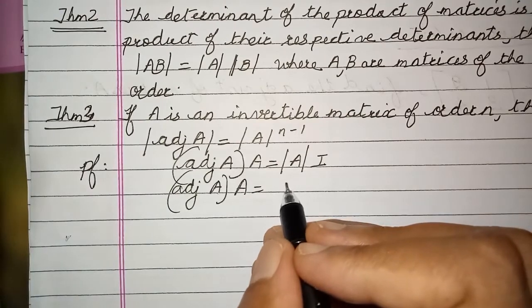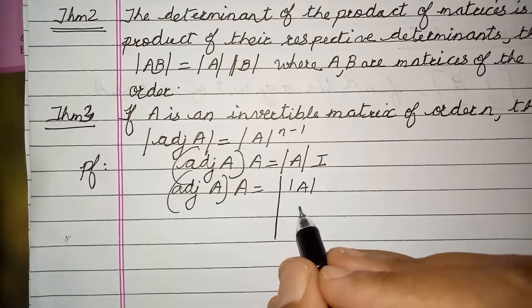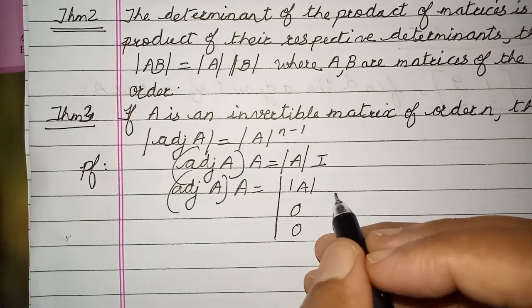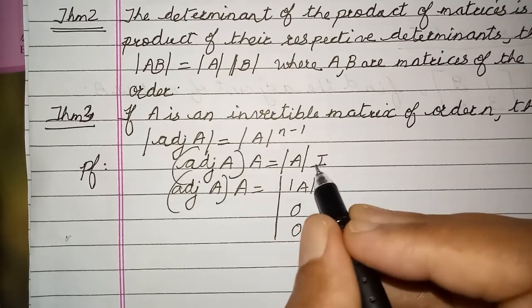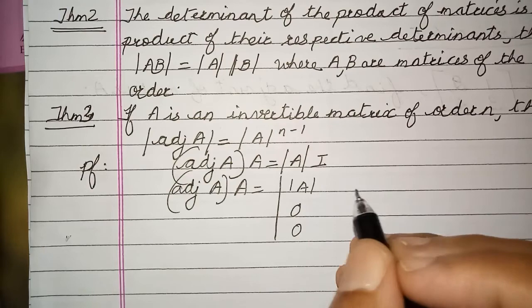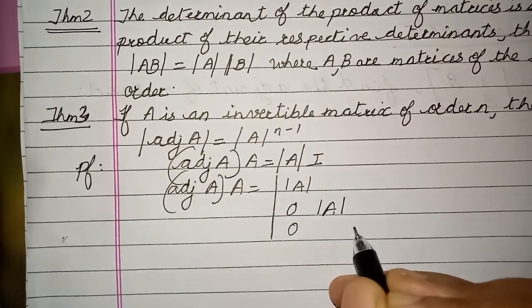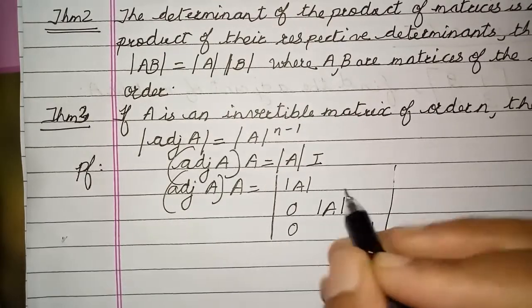Now what do you mean by determinant of A times I? Let us do it for a small matrix because for n cross n it will be very difficult. So determinant of A times I. Now children, you know that I is the identity, that means 1 0 0, 0 1 0, 0 0 1. Now with that I am multiplying determinant of A. So I will get this matrix. I have skipped one step.